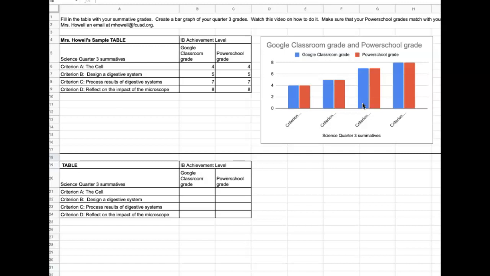So for you to get your grades, first you need to go to both Google Classroom and PowerSchool and fill out the graph at the bottom. So for example, if you are this person, you are now looking for your grades for all of your criterion summatives. Let's go to criterion C and look at what your grades are in both Google Classroom and